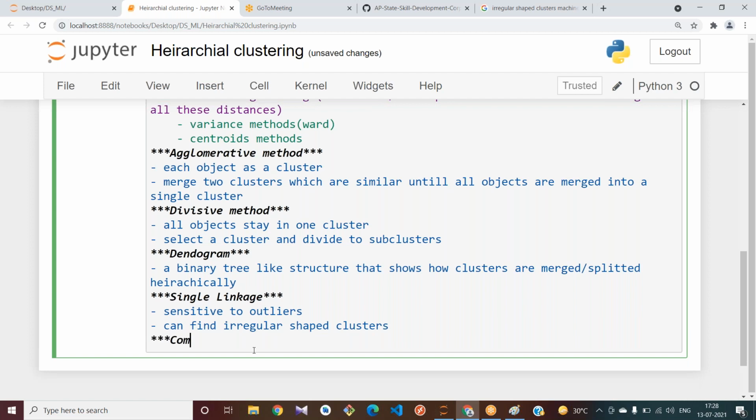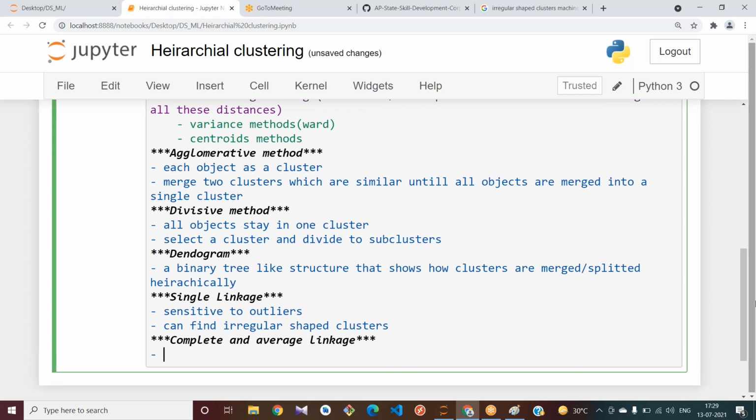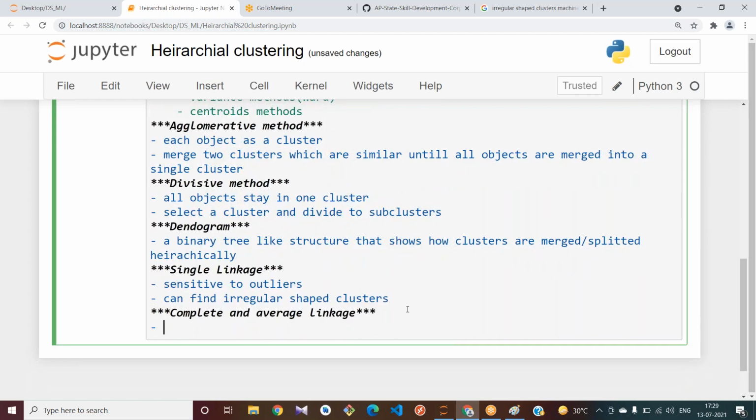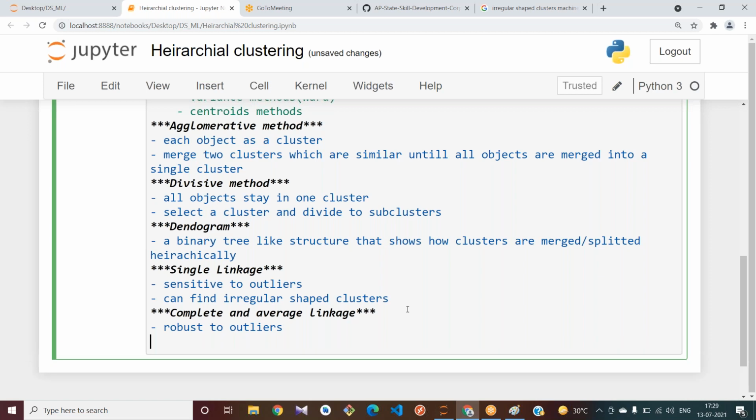And complete and average linkage work better if we have outliers also. We can say they are robust to outliers.